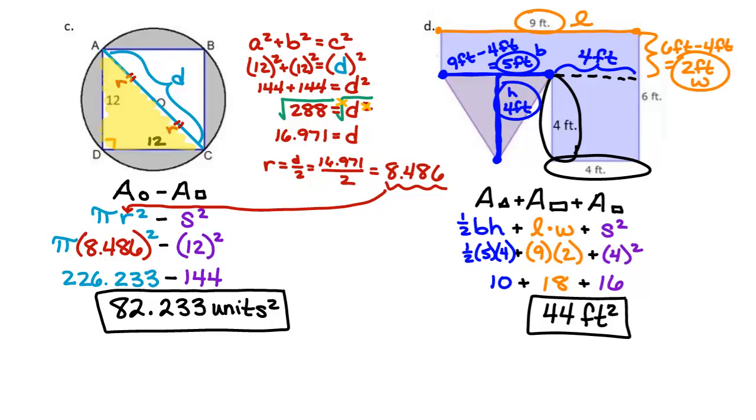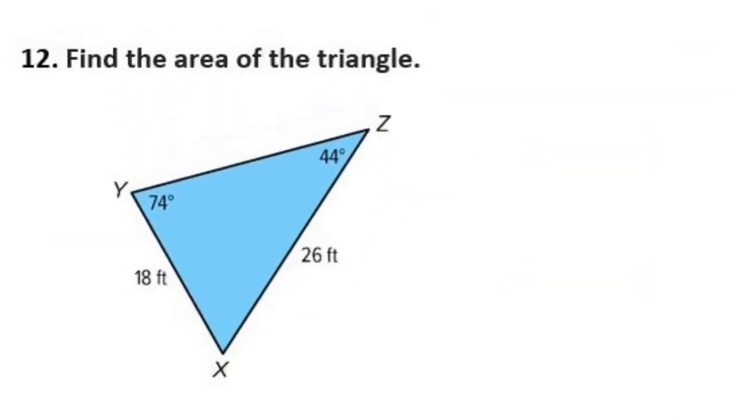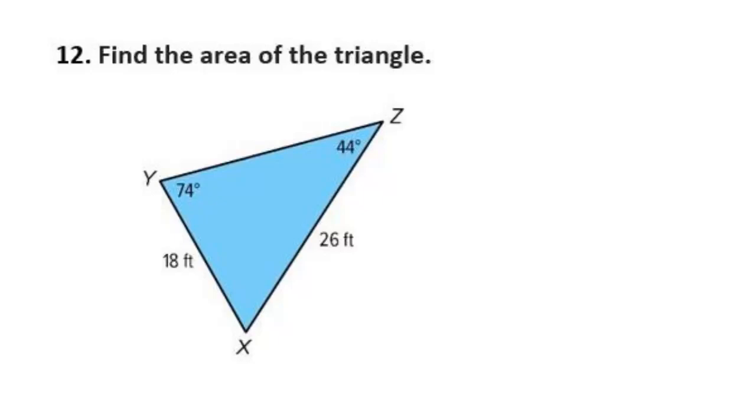What other problems from the review packet would you guys like to see me work through? Number 12? Absolutely. Number 12, find the area of the triangle. I don't have the height in this triangle. The height would have to go from the farthest out point to one of the sides and make a right angle. So this could potentially be a height,